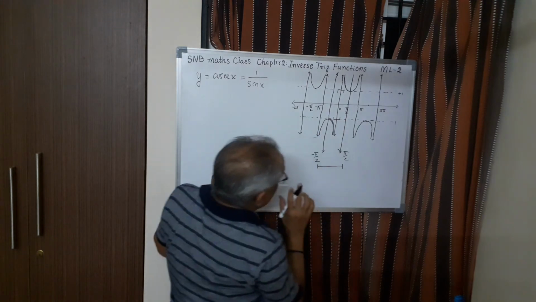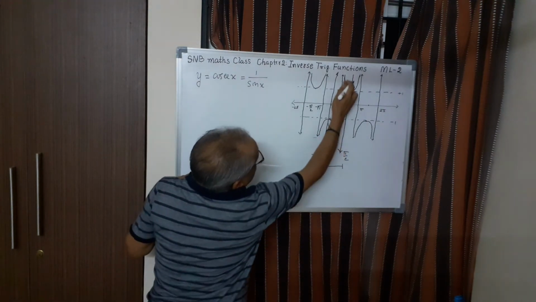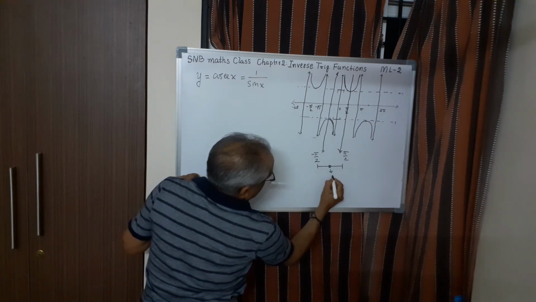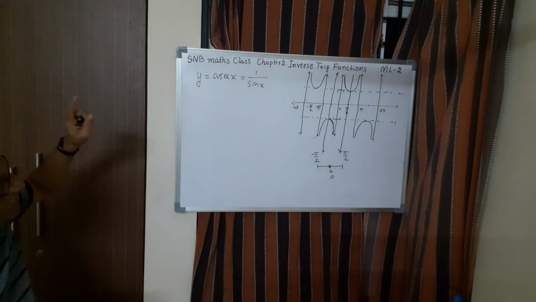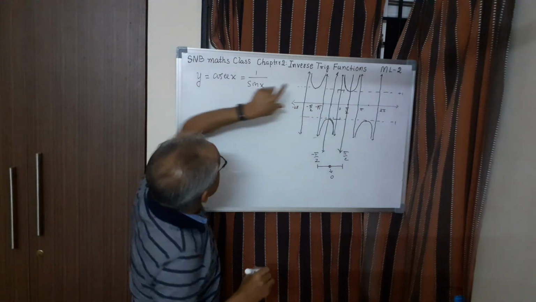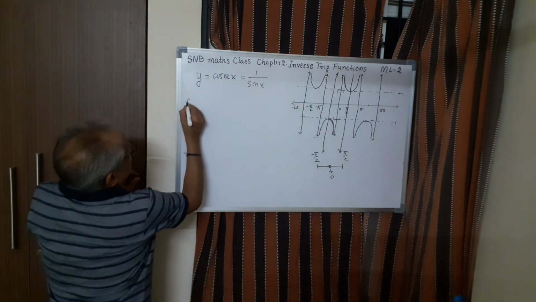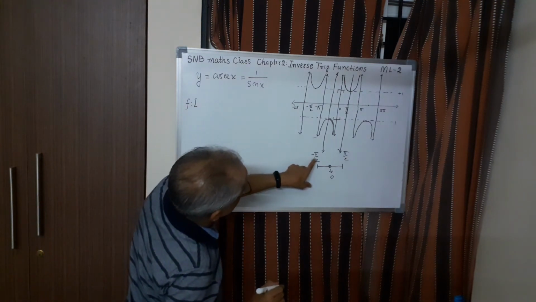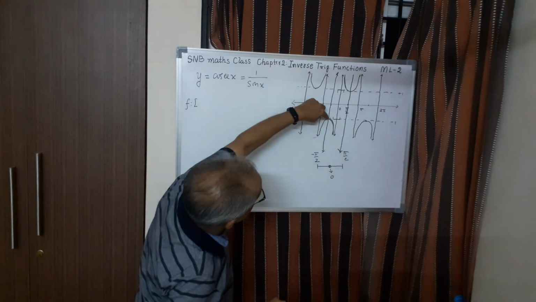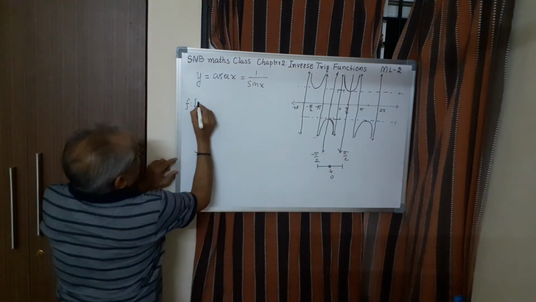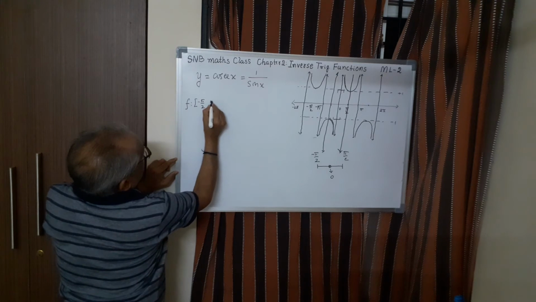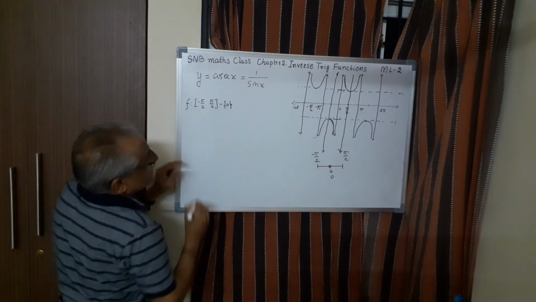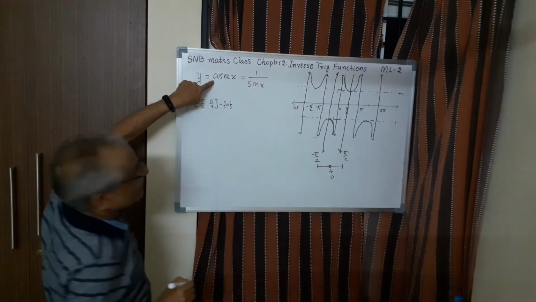0 to, and one more thing is, this point, this line we cannot take, that is 0. This we have to remove. So this 0 we have to remove. So what is the domain I have to take to make this function 1-1? f should be from, including minus pi by 2 and including pi by 2 I can take, because there it is defined. So minus pi by 2 to pi by 2. Then 0 I have to exclude, because at 0 this is not defined.